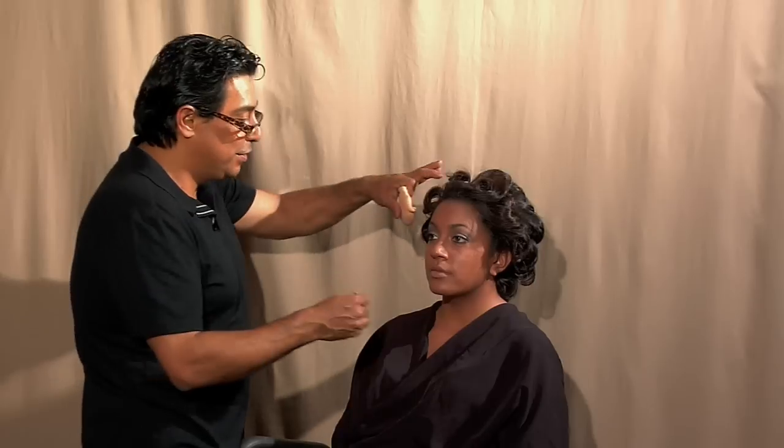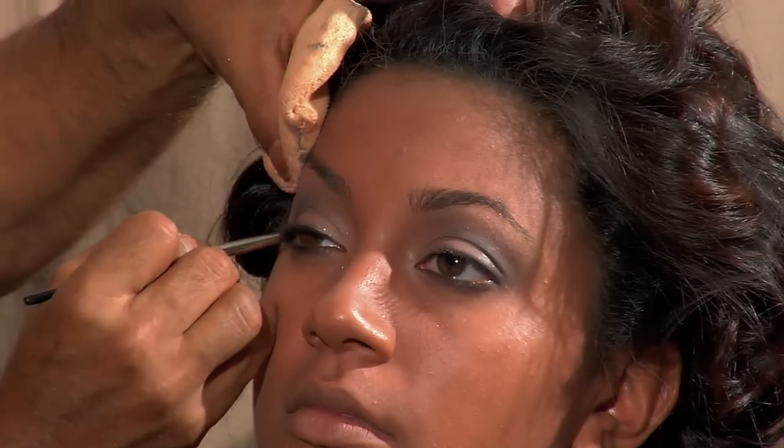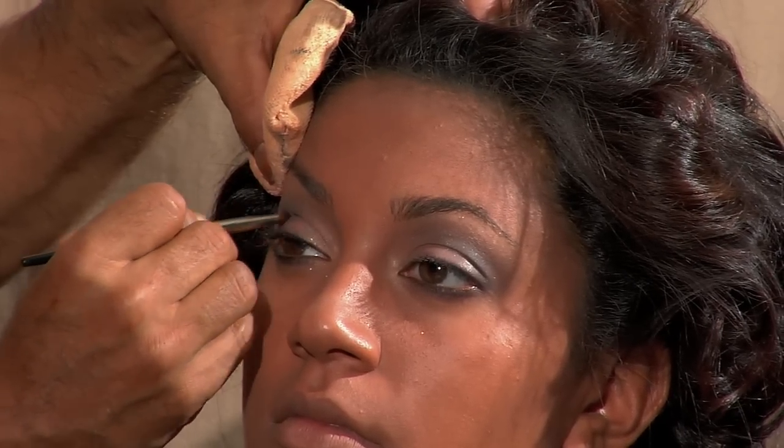We're going to take our next to the deepest level shade, which is our dimensional shadow 803. And what we're going to do is start creating a shadow. If you can open your eye up, we're just going to get it into the crease, a small amount just below the crease. And what this color will do is start to deepen and recess this eye, making it